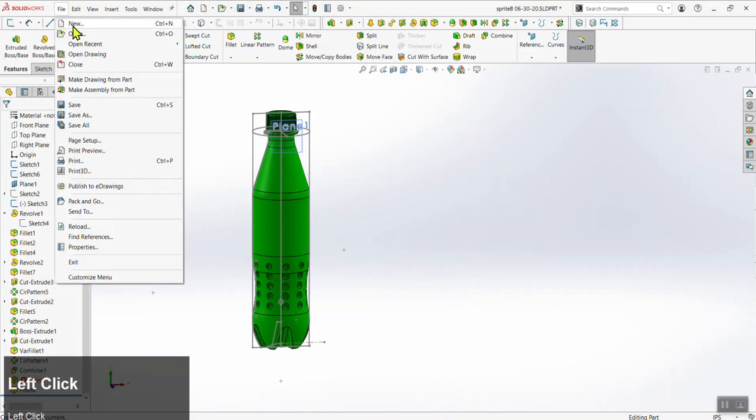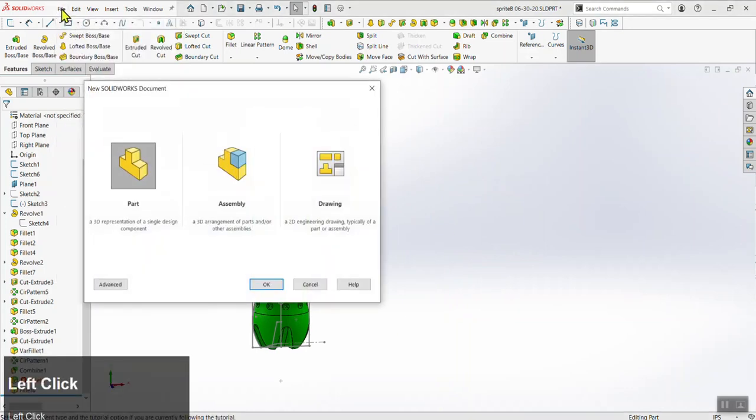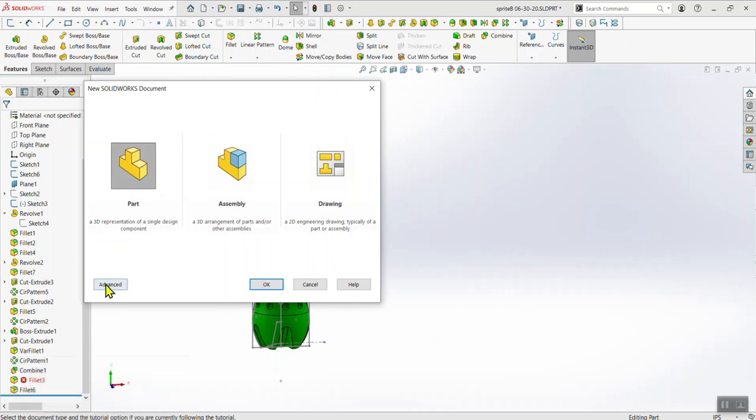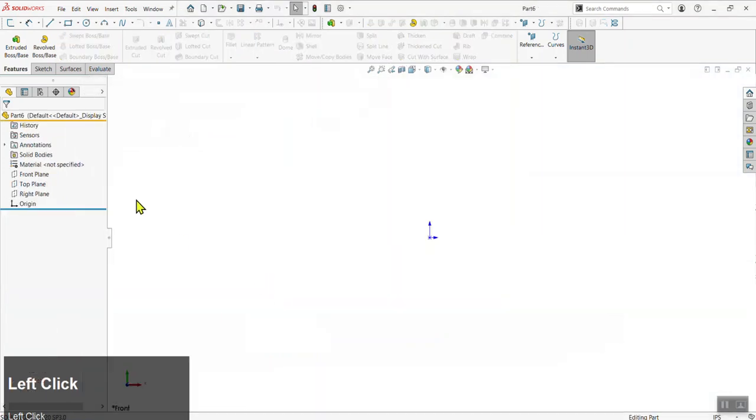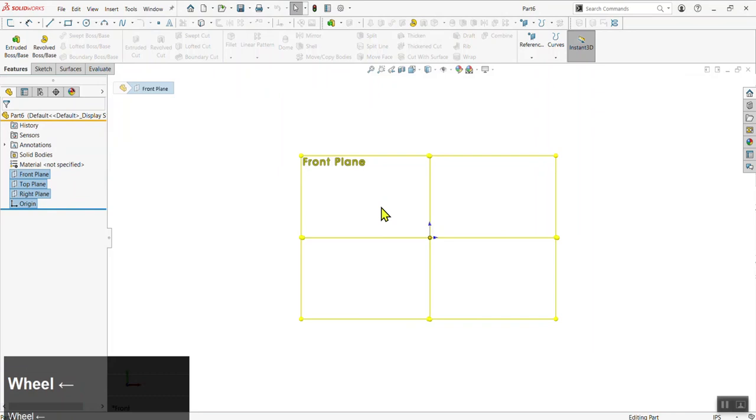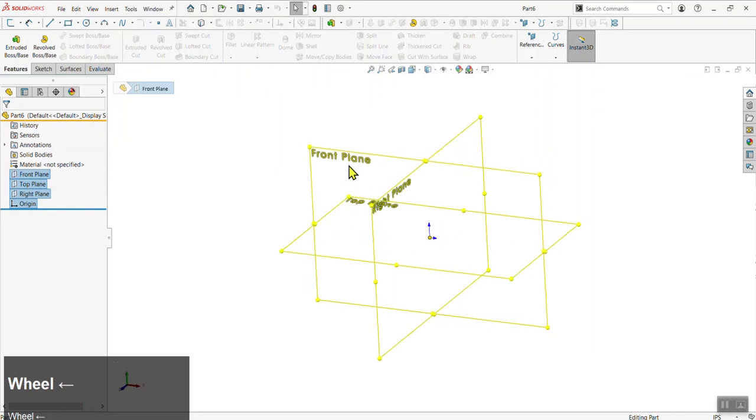Okay, so we're going to create a new file. So we go File, New. If we want to use the templates we set up, we can click on Advanced, and under Files, select Part 450 and click OK. Now you'll see a new part file often, always basically, comes preloaded with 3 planes, front,